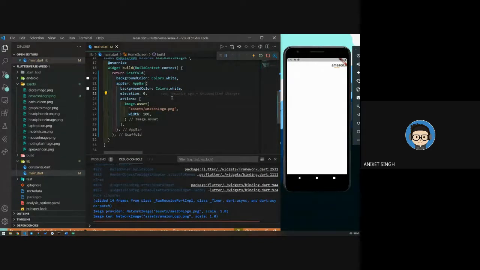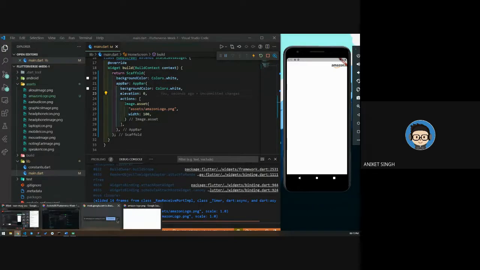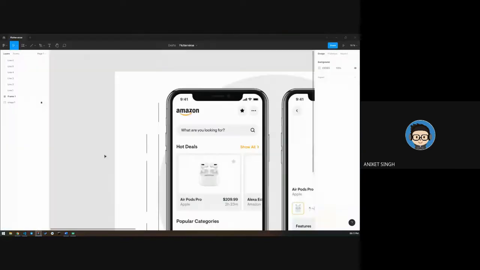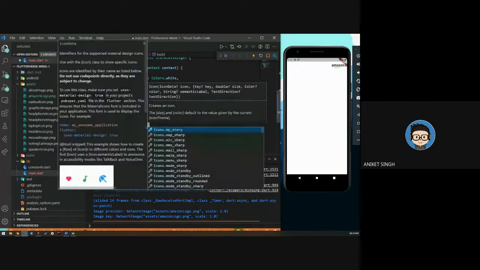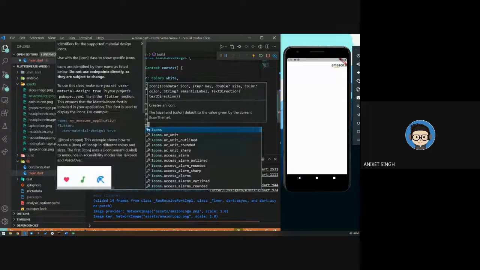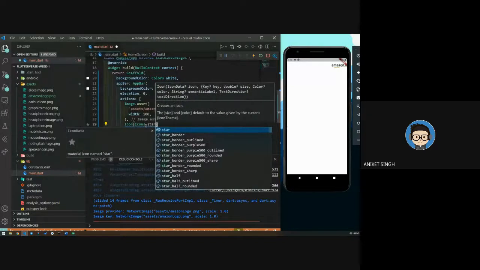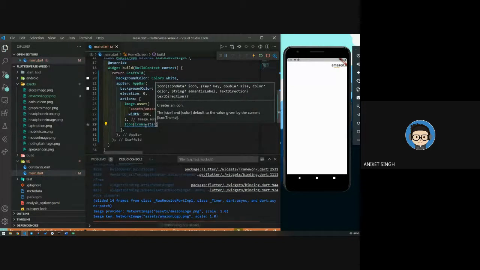Now we want these two icons to be there on the app bar. As you can see, actions is a list, so it can take a list of widgets. So in this, I'll give it a list of widgets. Now we are going to have an icon, and I can give Icons.star. Okay, so when I save it,